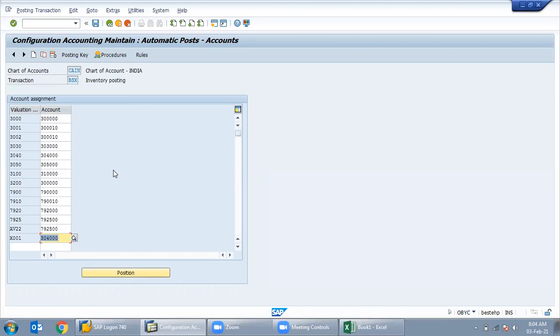Now GL is being assigned to the valuation class by FI guys, and the valuation class has been created by MM guy, right? This GL was created by FI guys. So FI integration was done here. So in real time, if I'm aware of MM and FI integration, then I can do this, right? So that in real time in industry, that is happening. Yes, exactly. It's not necessary that the FI guy only has to do that. No, because you can also do.